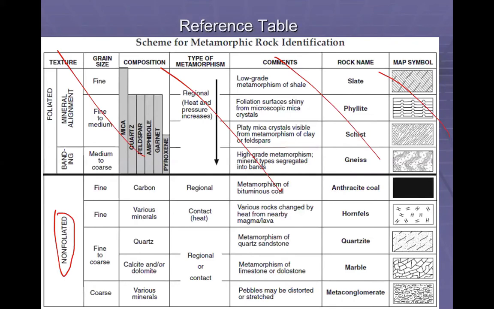Let's just go through one at a time. Coal, is it black? No. Hornfels? No, because we said you won't see that. Quartzite is a possibility. Marble is a possibility. Metaconglomerate, you're going to see pebbles that are stretched and distorted, and I also told you won't see this anyway, but no. So you have a choice between quartzite and marble, and then I go back, we actually just did